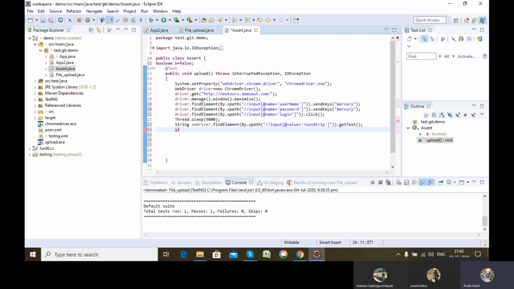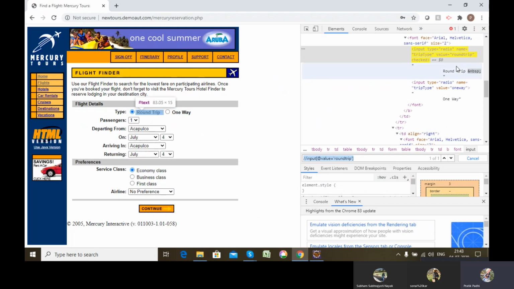I will check if s contains the character sequence, let's say "Round Trip".